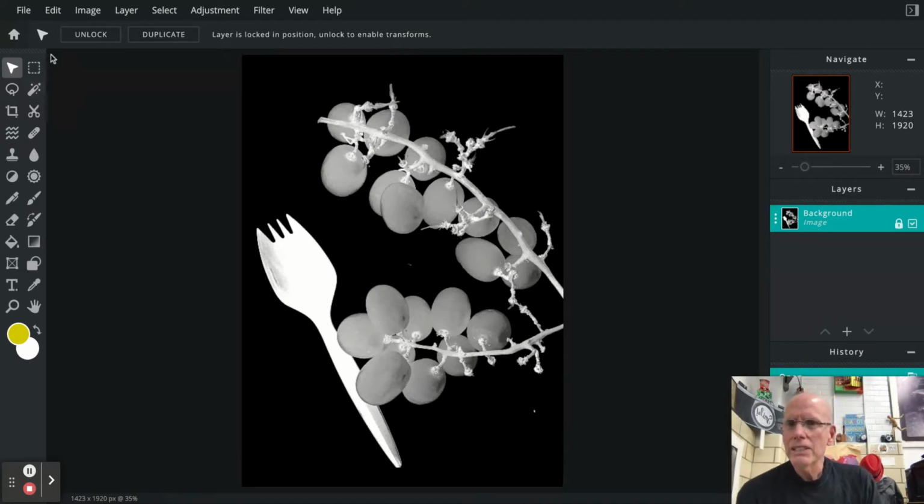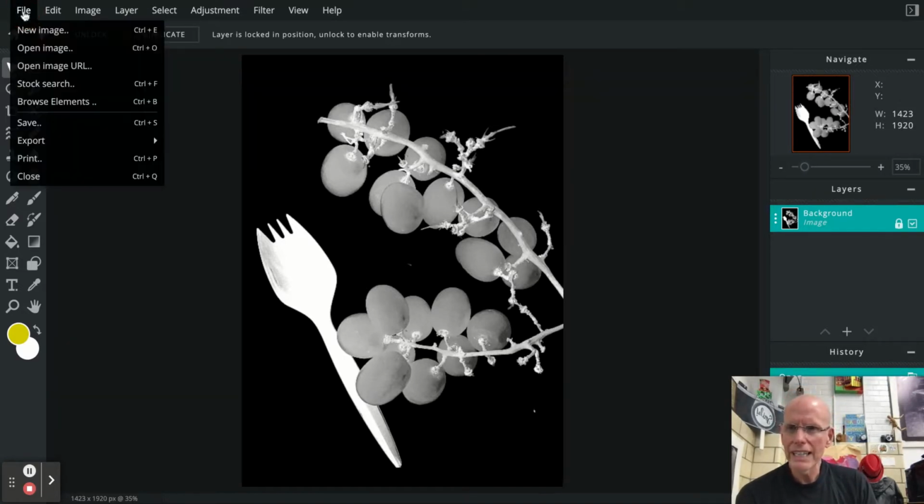Now what we're going to want to do is try to think about different images that might complement your photogram. And that's kind of an abstract concept, but what I was thinking with this one was, first of all, well, I've got food here, so why don't I find some food images? Pixlr has these great stock images available. If you go to File, Stock Search,